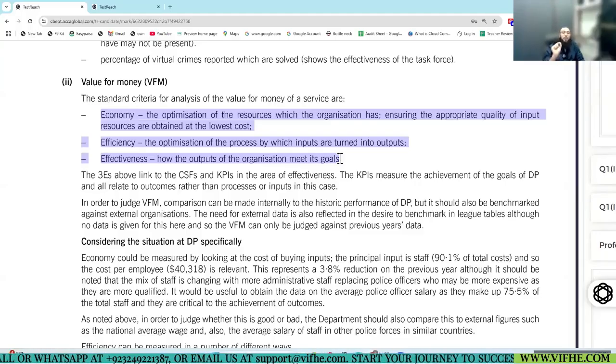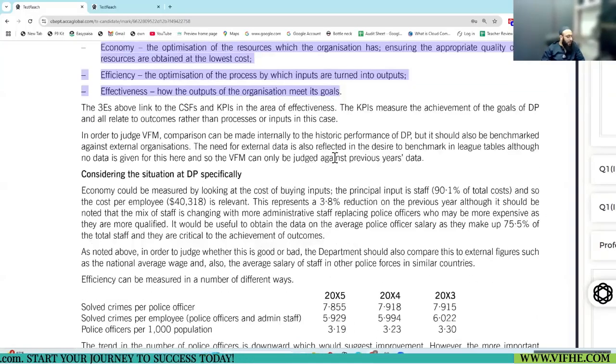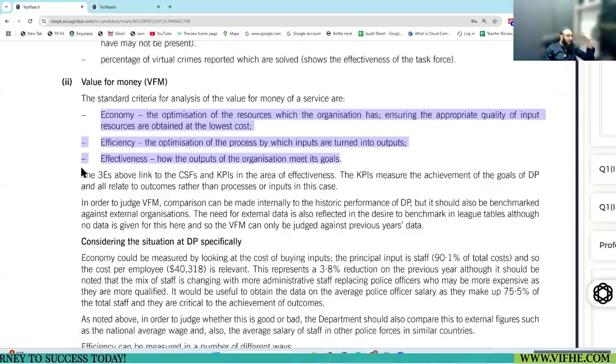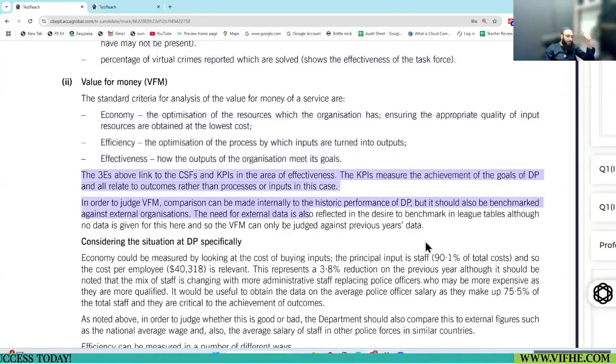Economy is not just looking at cheapest cost. In fact, it is cheapest cost for the required quality. Okay? That is important. Anyways, 3 marks completed.